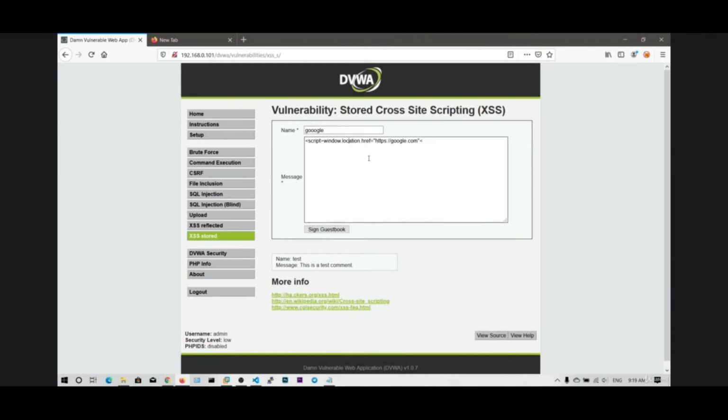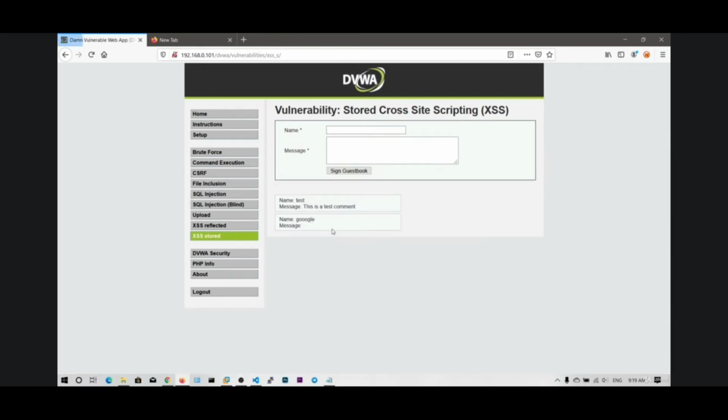It's just there, but it's not showing. Let me sign in this guest book. I don't know why it's getting truncated. Okay, let me type manually.